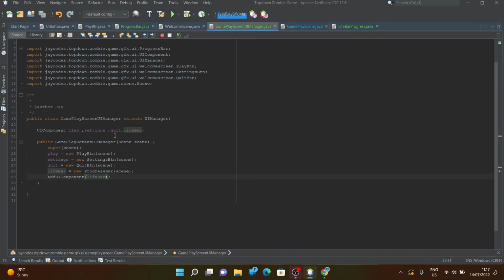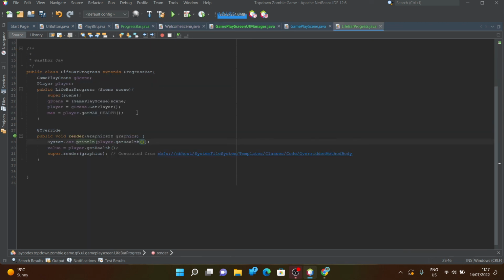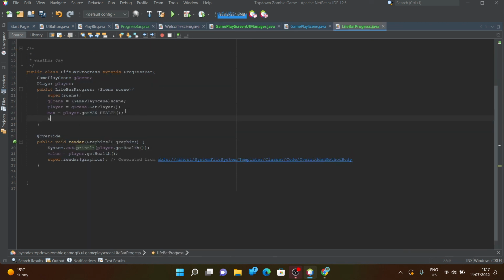So if I head to the gameplay UI manager, instead of still calling the progress bar, I want to call the life bar, life bar progress. Cool. And I can actually change the bezels here, so I can simply put a bezel of 2 pixels, because there were 2 pixels in the image that I created. So now when we run this,